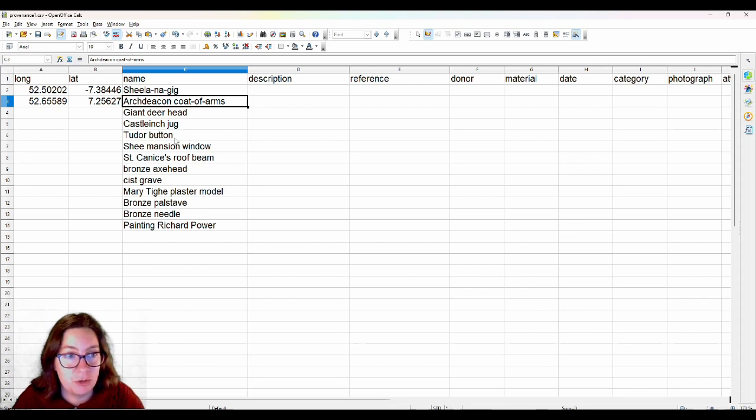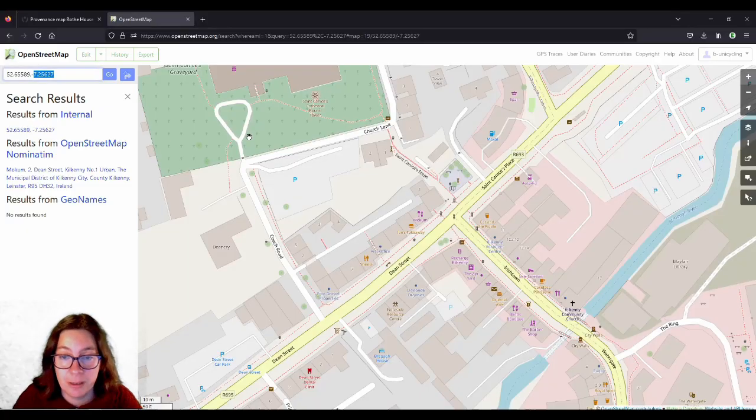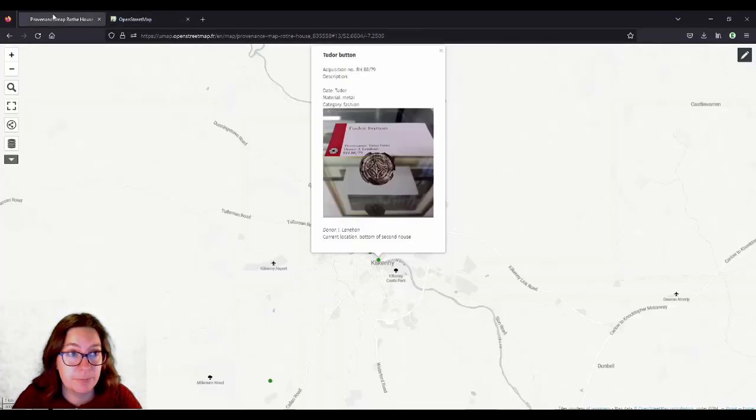And I won't go through all of them with you because you'll be bored stiff. Maybe just some. Let's say the Tudor button that was found. It was found in the River Nore by Jay Lenihan.